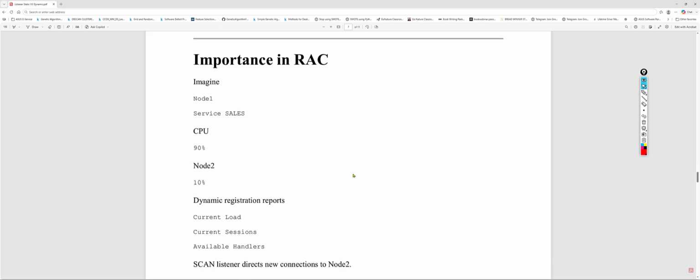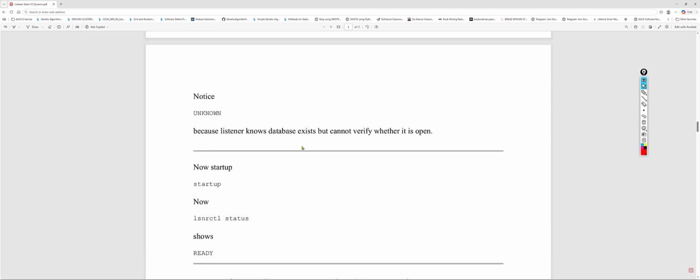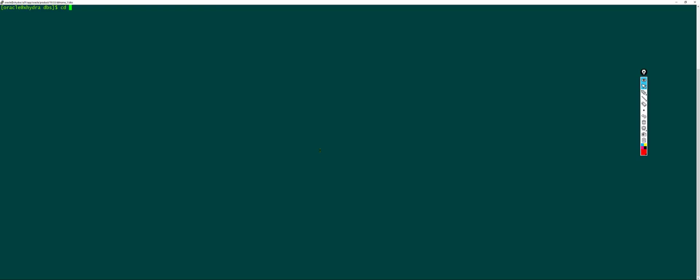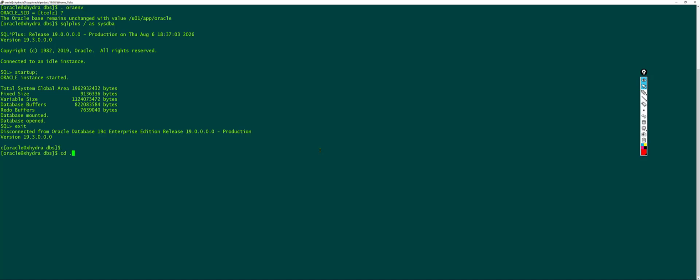If you see in the trace also, this is a different case, but let us now focus on the static and dynamic listener test cases. So I am connected to the database. Let me just start the database if it is down. Now let me go back to the